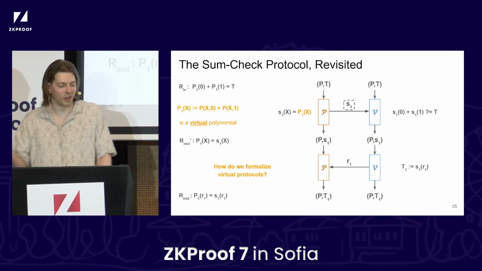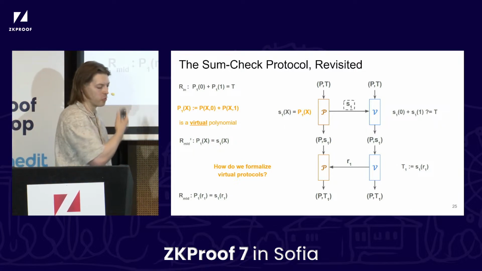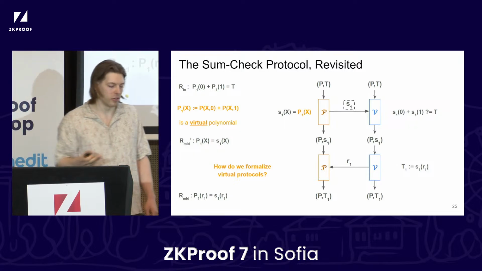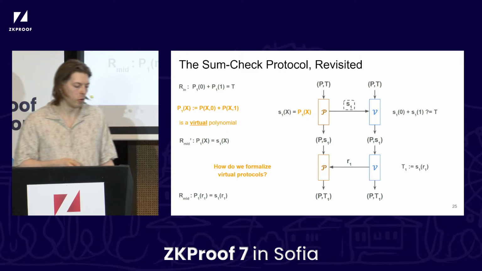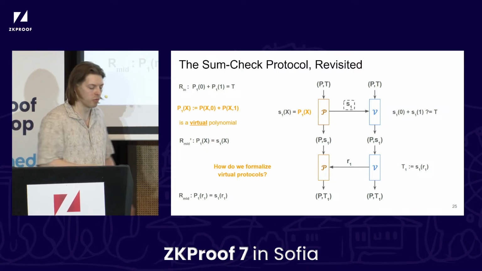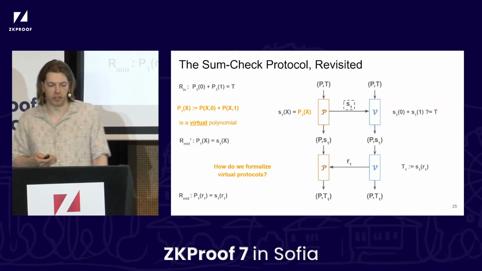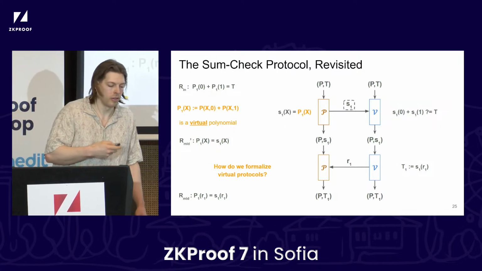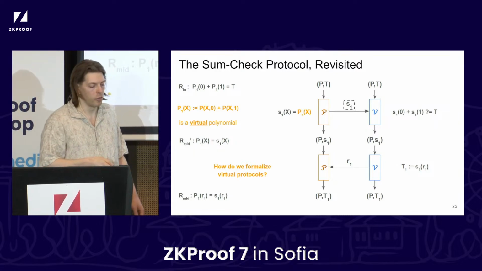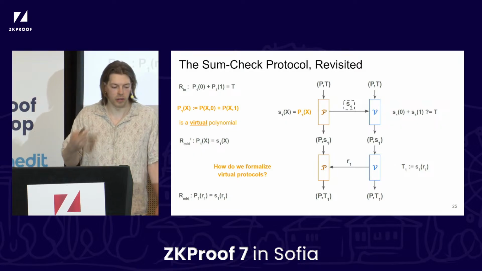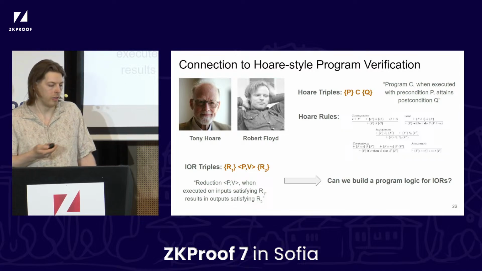You can push it even a bit further if you want, and simplify things a bit further. And you can define this virtual polynomial here, P1x, which is just what it was on the past slide, but slightly written in terms of one polynomial. And we can call these virtual polynomials. You can call them something else if you like. But essentially, we're just trying to simplify things as much as possible, so that when we look at a single message going over as part of the protocol, we can then just have small proofs about this and compose things from this.